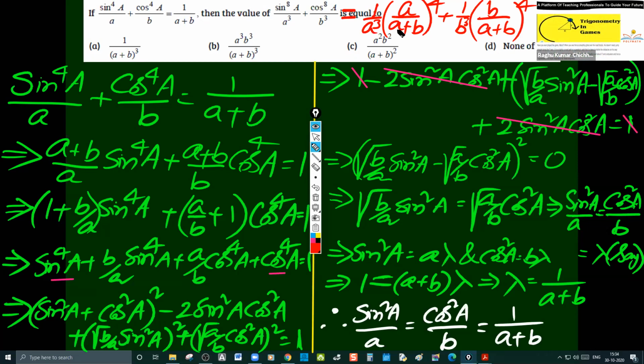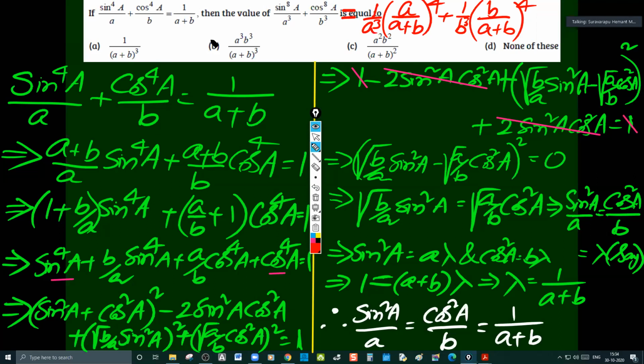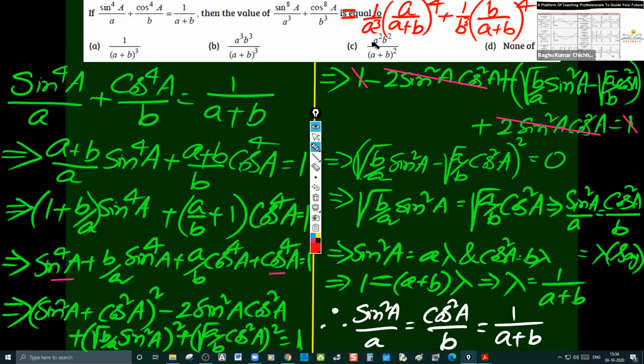Yes. See how much time it has taken to solve this problem. It is purely subjective problem. But let us try in other ways also of solving this by giving values to A and B. I think simplification is a little tough, sir. Tough means it is purely, I said, subjective. Yes, sir. Subjective.